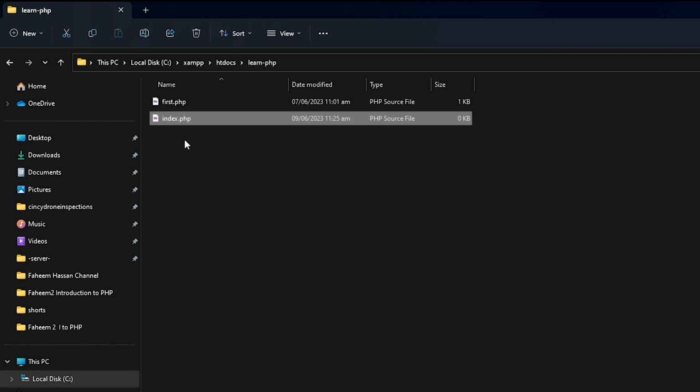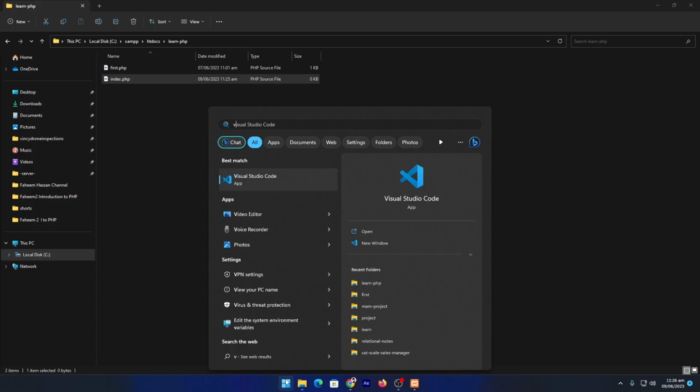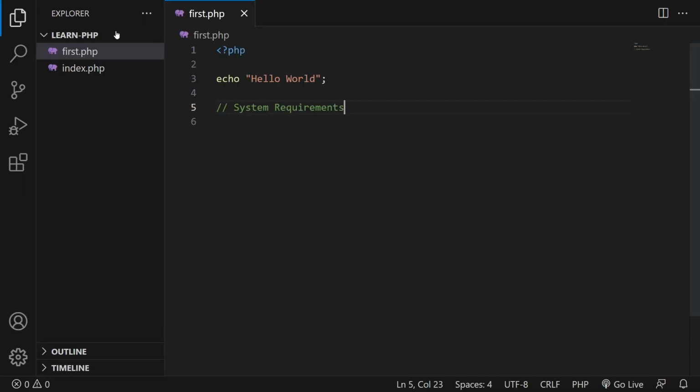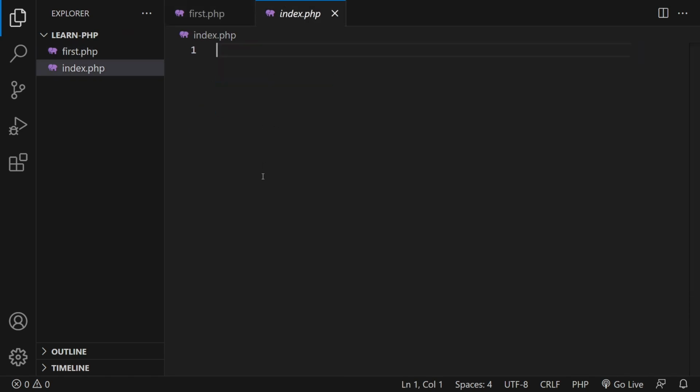Each PHP file must have the .php extension, and if I open this file in my code editor, I will type here Visual Studio Code, and you can see that we already opened this project in my Visual Studio Code, and here this is the index.php file. First of all, I will copy this. I will explain each of the words and what they mean, but first of all let me just type here hello FineGap,